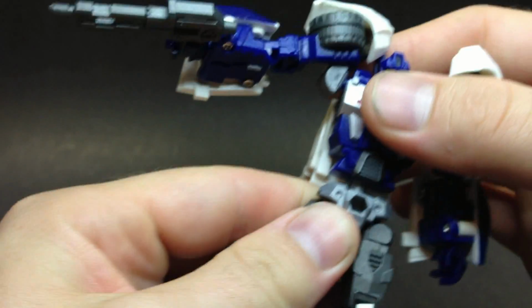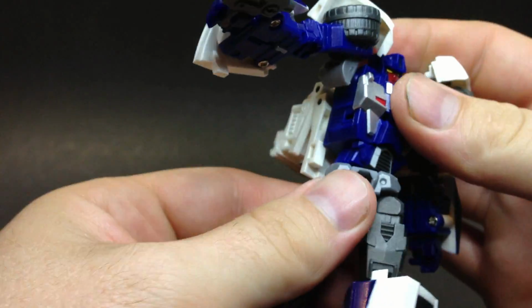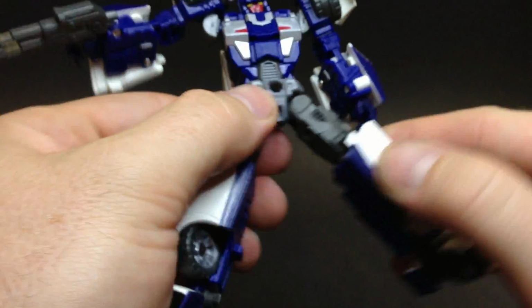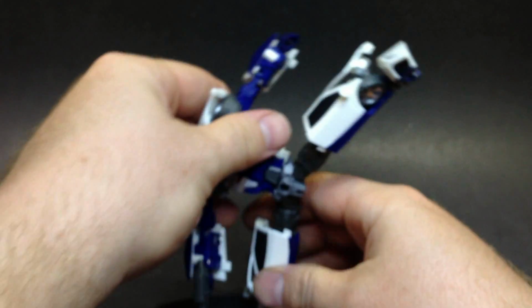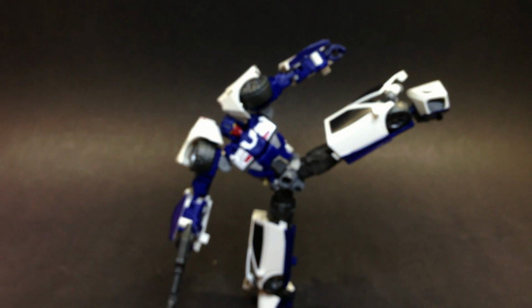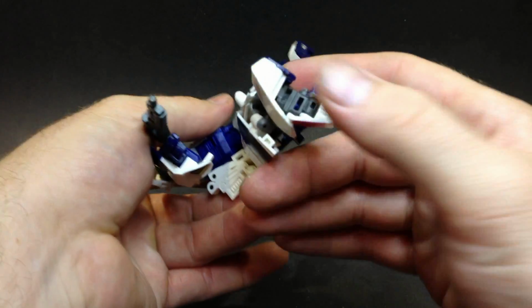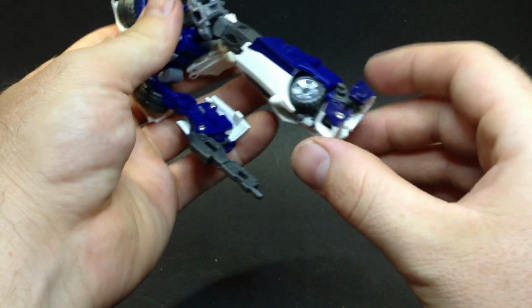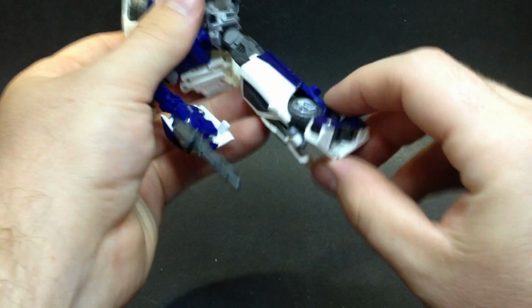He's got a little pin here due to the transformation, but because you can get a waist rotation, you just seat it back in there. Hips are on ball joints, so we'll go right out, and he is highly poseable, full on karate kicks and stuff with this guy, because he's got this big flat area with the foot, which is great. The foot is also poseable, so just do that. Ankle,